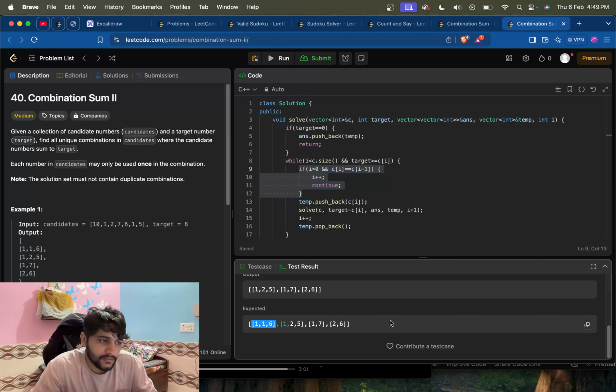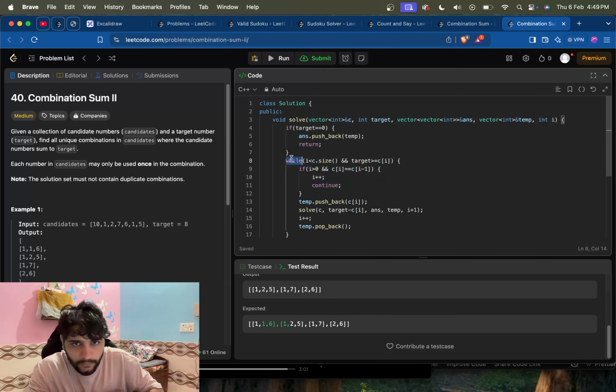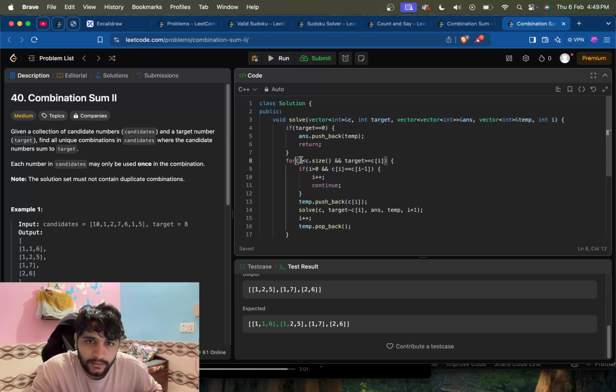What's the reason for this is we are going to the next value. It should work fine, but yeah, let's again go with the for loop, try it like this,